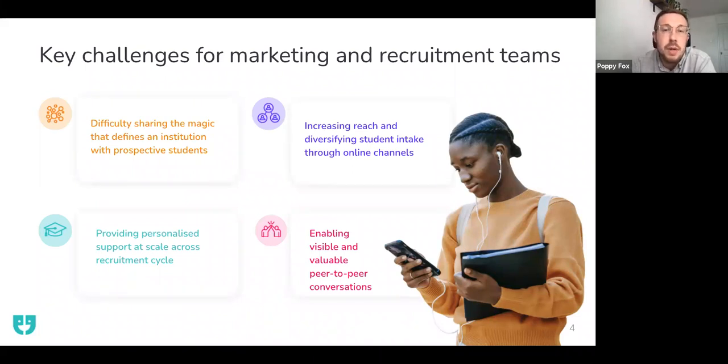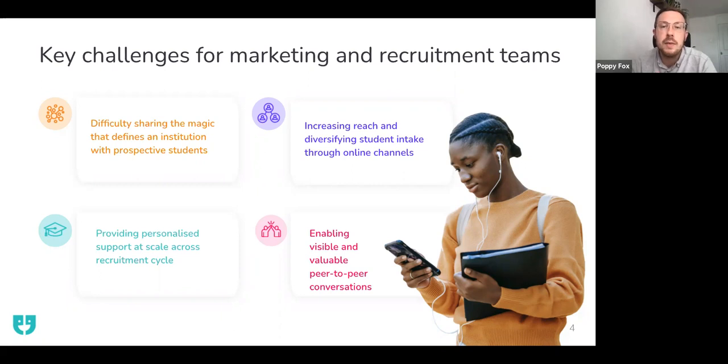So at Unibuddy, what we're seeing increasingly is that prospective students' decisions are heavily influenced by social proof, by the experiences and the stories of current students and alumni. And what we do is help universities accommodate and meet this desire that prospective students have to get direct feedback from these peer groups. Because what we know and what we've seen is that when students can't travel to open days or meet ambassadors or staff at recruitment fairs or at open days, they'll seek this feedback online, predominantly through social media and peer review sites.